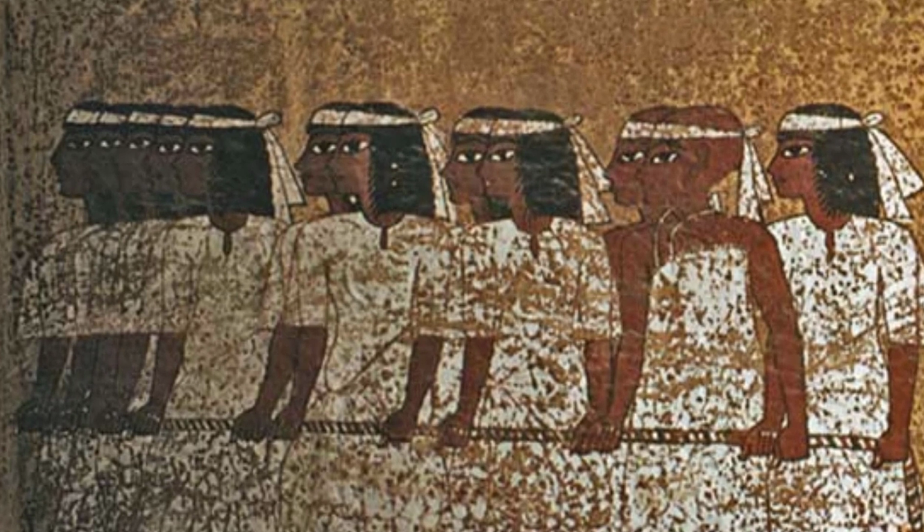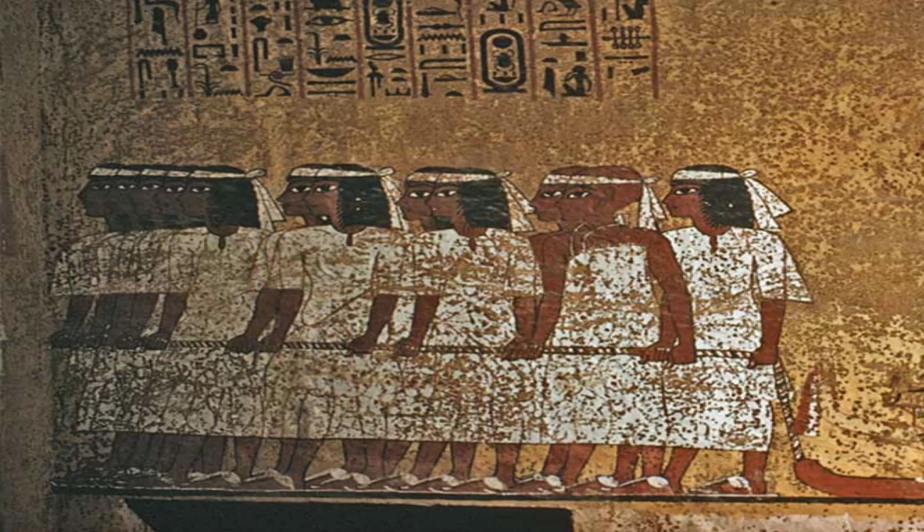These 12 unnamed dignitaries, each wearing white sandals, are arranged in 5 groups. The first group of 5 dignitaries is followed by 3 pairs, with a final man standing on his own. All of them, apart from 2 viziers towards the back, look exactly the same. Each is wearing a white broad-sleeved tunic, and on the head of each is a black wig bound with a